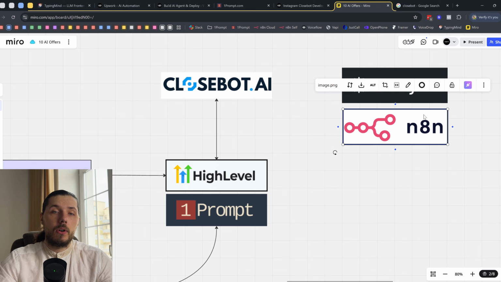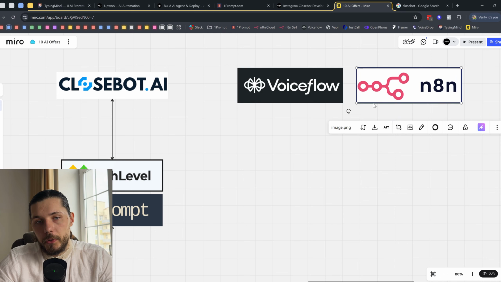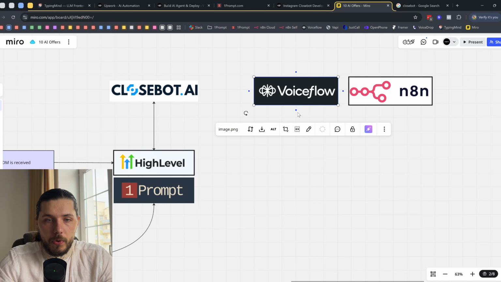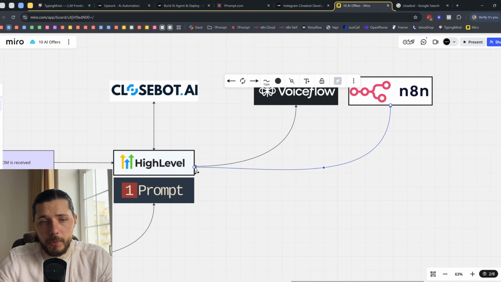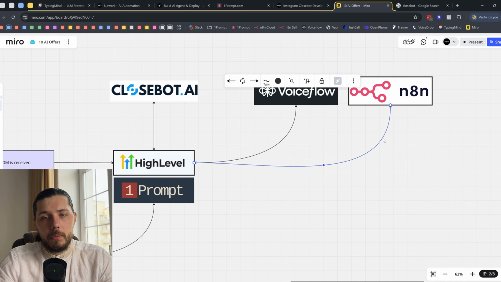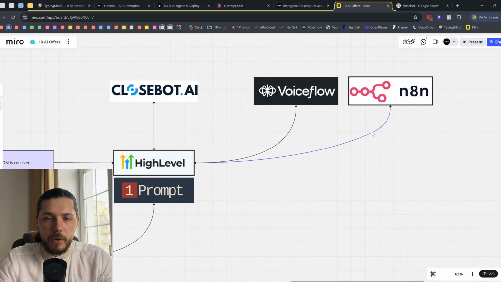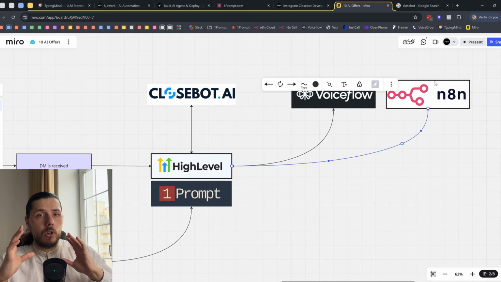These are the two power engines that we are using within the one prompt. I wouldn't say that one is better than the other. There are use cases for each of them. If you are simply building the conversational experience, you would just go with Voiceflow. If you need multiple tools, more integrations and more flexibility in terms of the agentic workflows, you would use N8N.